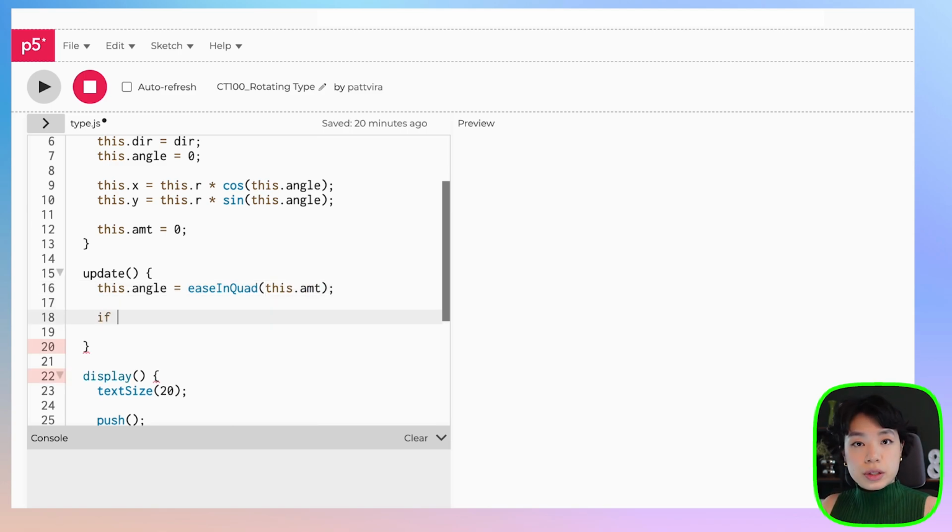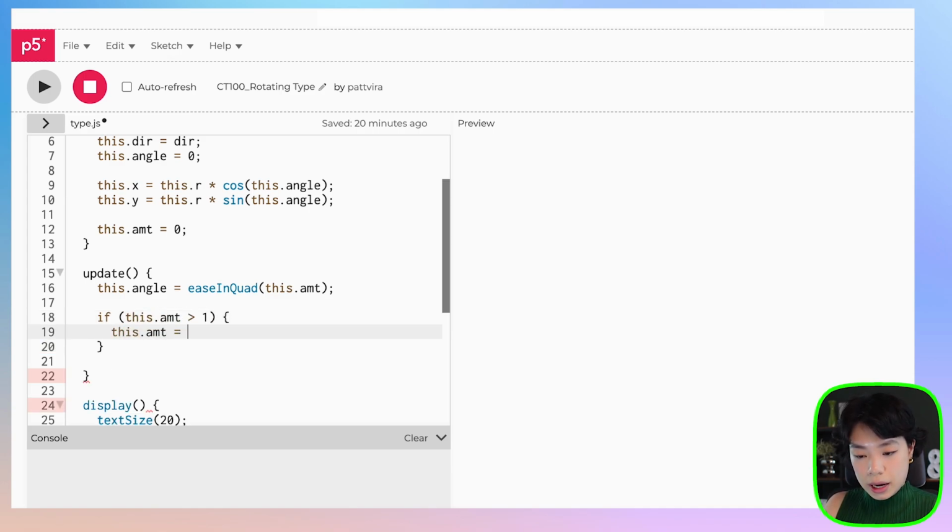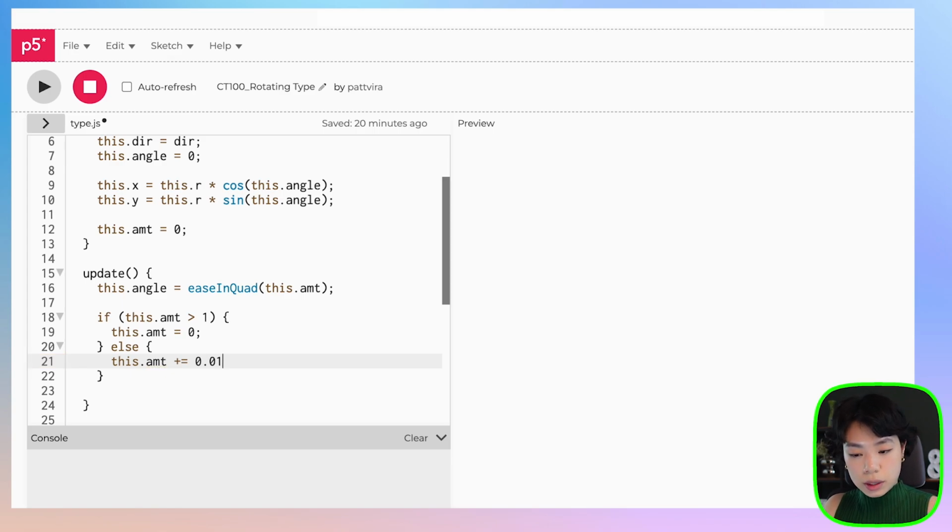Then I'm going to write a conditional statement that says if this.amt is greater than 1, we start it back at 0, and else, we increment it by a certain amount. I want to increment it quite small, at 0.01. By doing this, this function is going to return a value between 0 and 1. So we also want to multiply it by a range. For example, we want to rotate it around 1 full revolution of a circle, so 360 degrees. So we want it to return a value of 0 to 360. If we do this and click run,